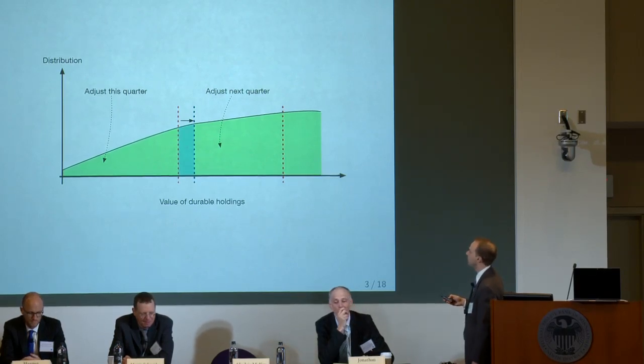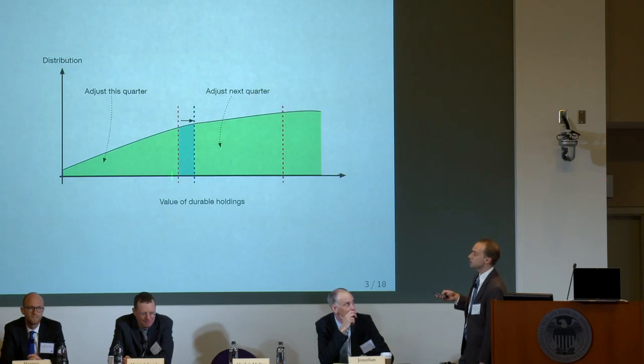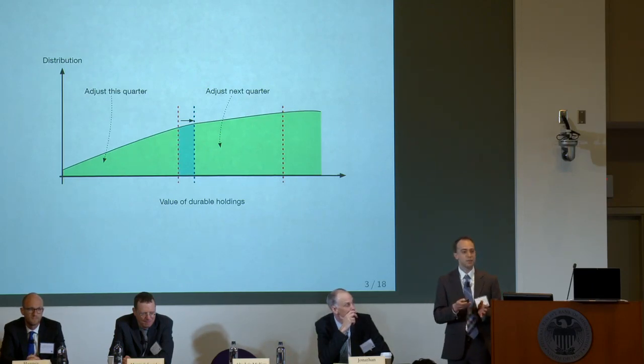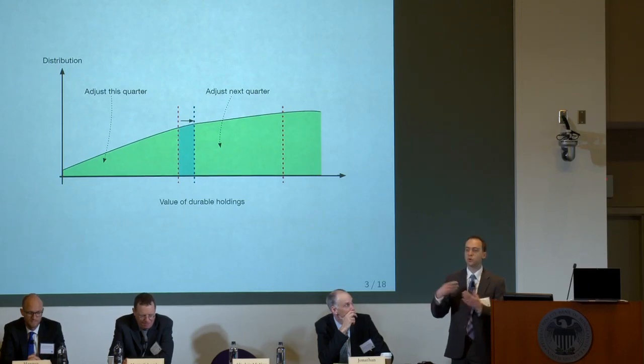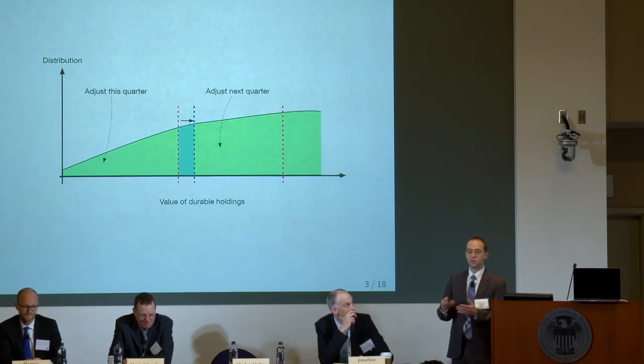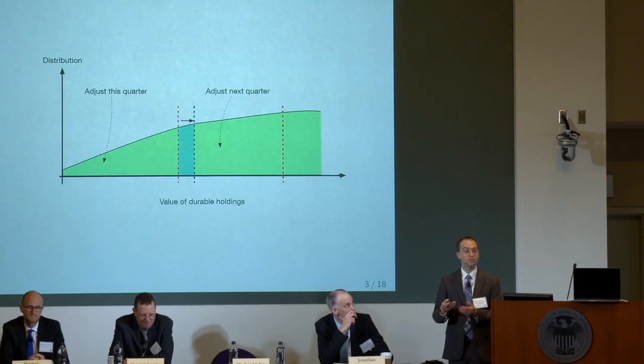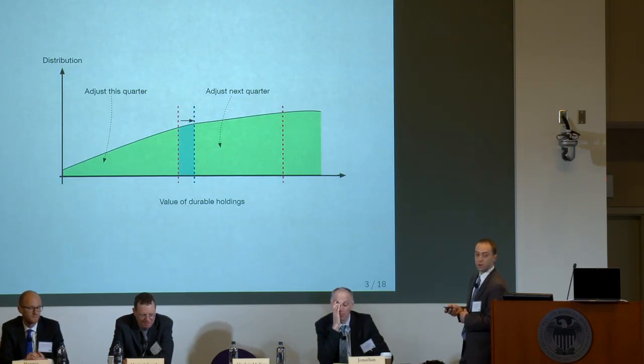Okay. The next point is that when you're making this decision about do you adjust today or next quarter, you're really thinking about a short-term decision. Two quarters from now, you're going to buy the new car. You're going to own the new car, either way. So what interest rate is most relevant for your decision of whether or not you adjust this quarter or next quarter is the short rate. Okay? The third point